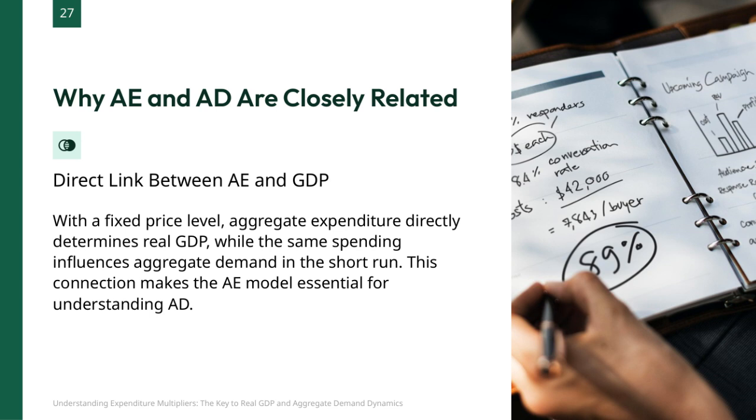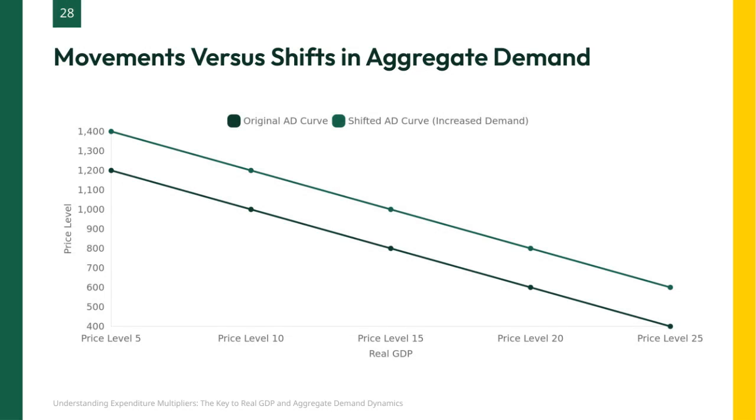This is why the aggregate expenditure model is so important. It helps us understand aggregate demand more clearly by showing how changes in spending impact overall economic activity. The relationship is closely intertwined, making it a crucial concept in macroeconomics. Here we have a line chart illustrating the differences between movements along the aggregate demand curve and shifts of the